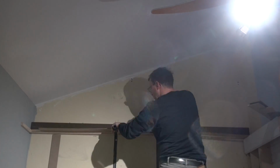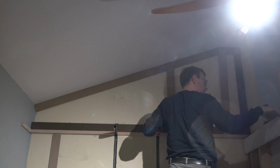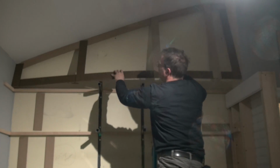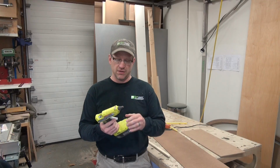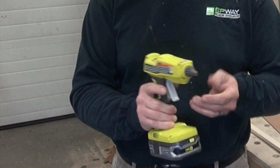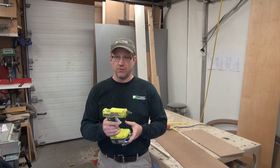When I'm templating, I tend to pre-cut everything that I need, get it set up, and then go to take the hot glue gun and glue it all together. On average, it probably takes 10 minutes to glue up each template. But what I found with this gun is I turn it on, and it takes about 5 minutes. You're going to want to wait 5 minutes to heat it up substantially. You can push glue out in a few minutes, but you really need it to hit 5 minutes to get optimum heat out of it to be able to push the glue out for what you're going to